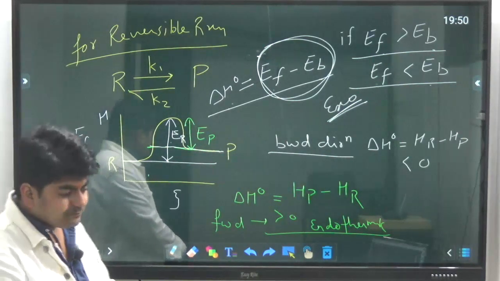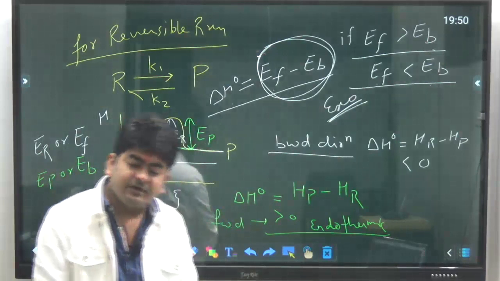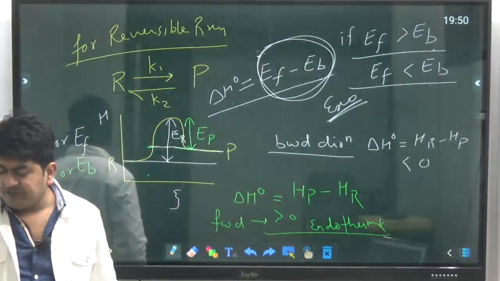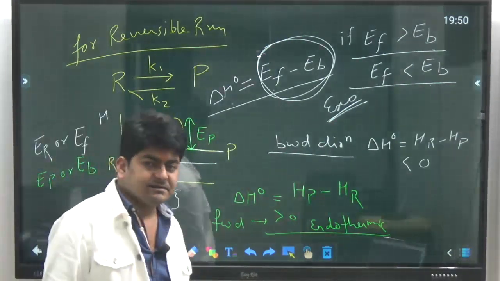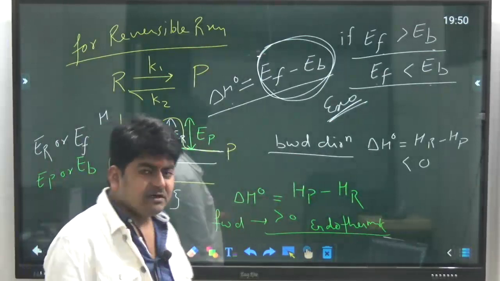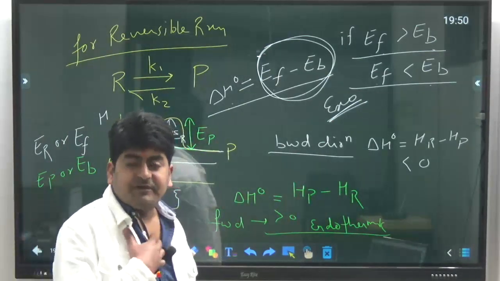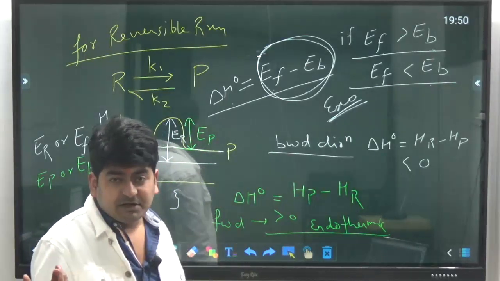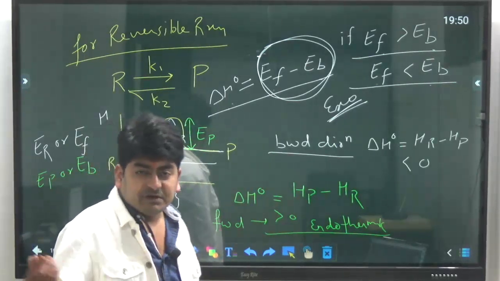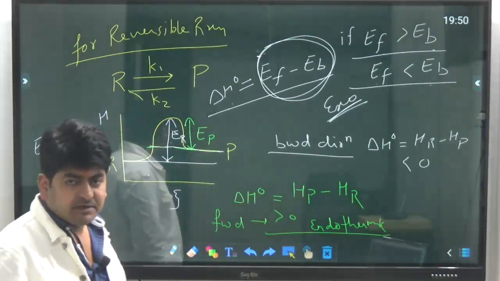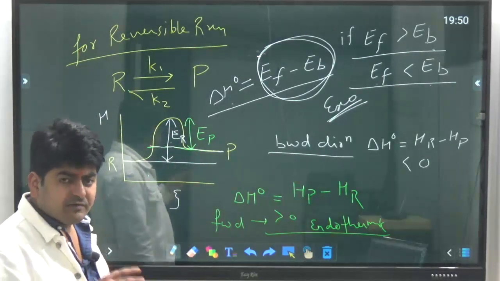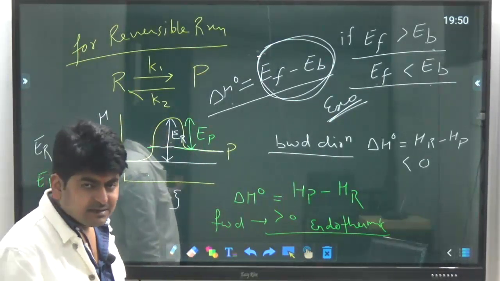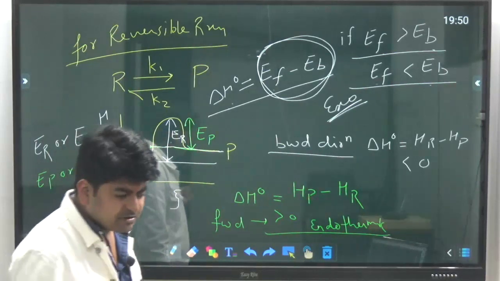in the next class we will talk about the kinetics of reversible reaction and the energy balance. All the other things we have already discussed in solution thermo: the effect of temperature, effect of pressure on equilibrium conversion, equilibrium constant, and the effect of inerts. Now here we will just talk about the energy balance and the kinetics of reversible reaction.